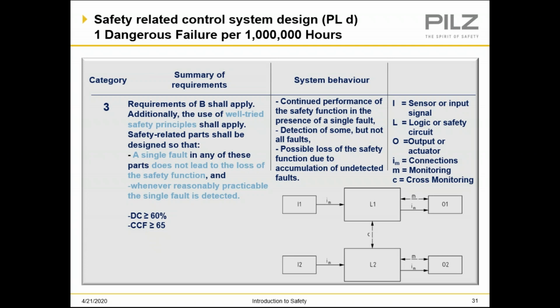So we're still monitoring. You see we're going redundant now. We've got redundant inputs, we've got redundant logic and redundant outputs. We're monitoring and we're cross-monitoring. So we're doing checks in here and we're monitoring contacts. We're monitoring whether the safety circuit is made and broken easily as it should.